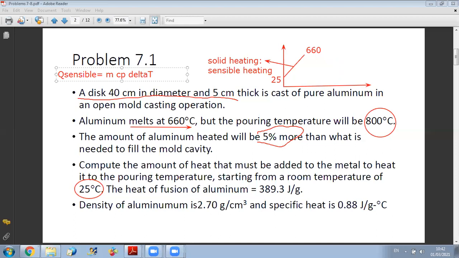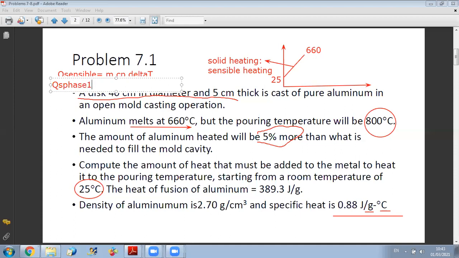Now, in the first phase, I am heating from 25 to 660 degrees. So delta T will be 660 minus 25. And just pay attention to your units, okay? Here, the specific heat of aluminum is given in joule per gram per degree. So to obtain Q in joule, the mass should be in gram and delta T should be in degrees. So here, Q sensible phase 1